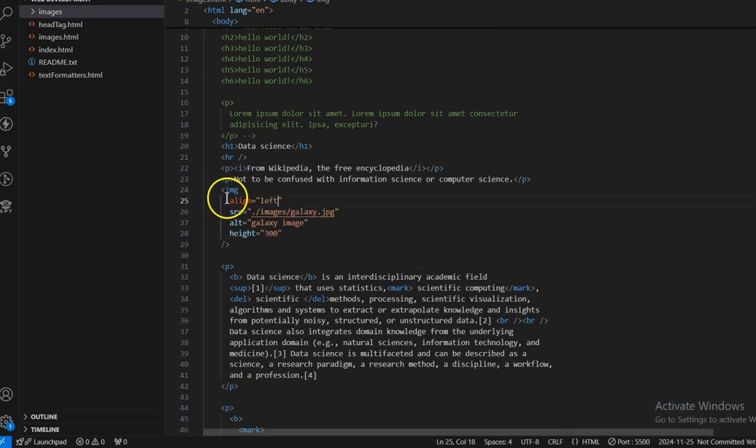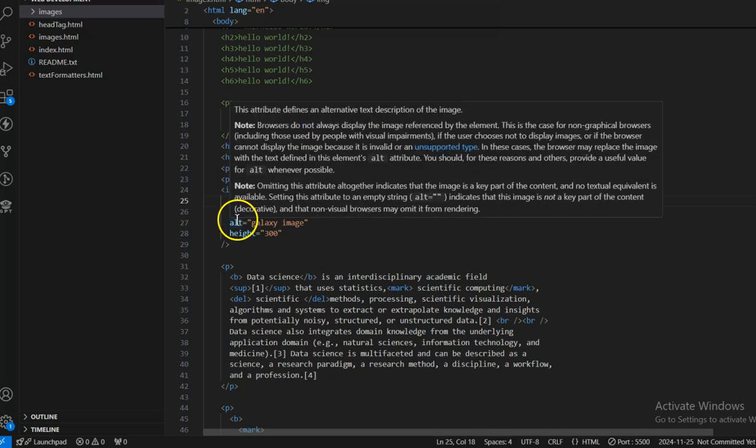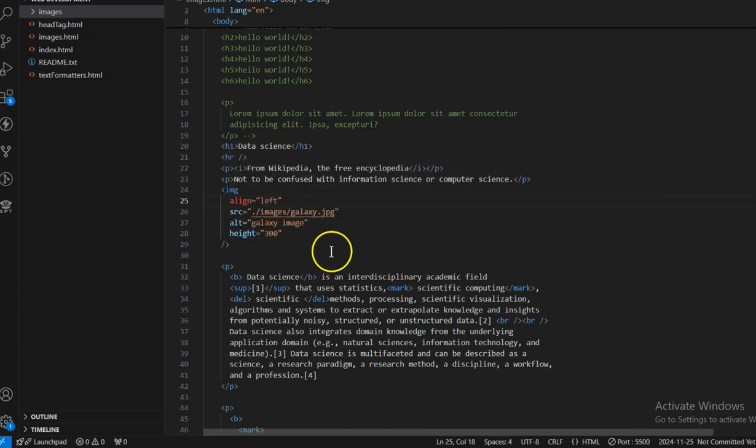Again, we can see that align is marked in a red line indicating it's been deprecated. When we hover on any other attribute, we get an MDN reference, that's the Mozilla Developer Network reference, similarly for src, alt, height and all these things. But when we hover on align, we don't get that, indicating it's been deprecated. In order to achieve this, we do have a style property with the help of CSS,